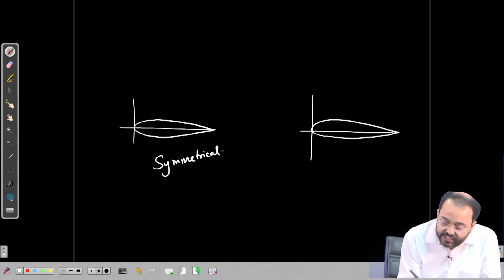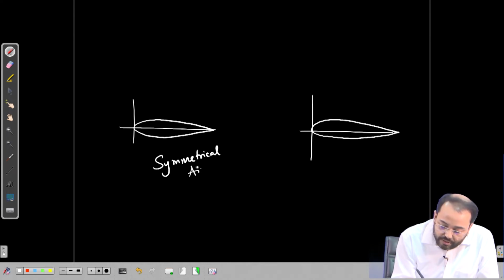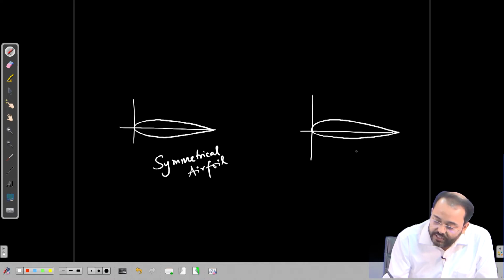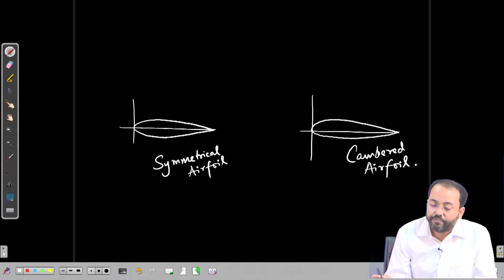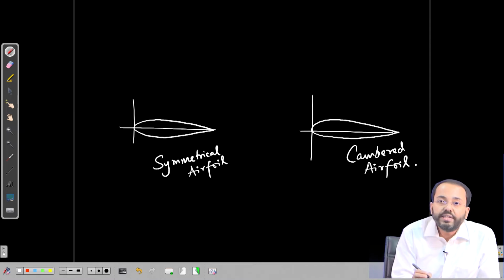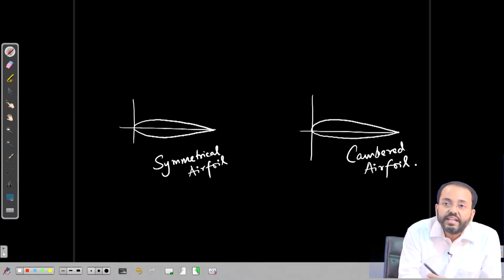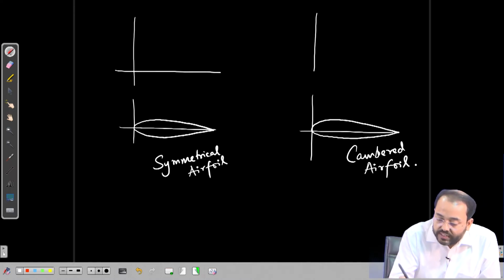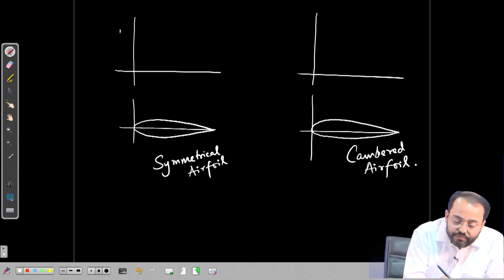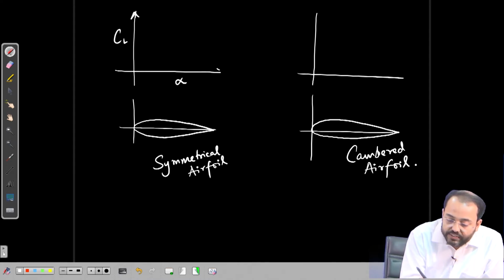This is a symmetrical airfoil and this is a cambered airfoil. What will be their lift characteristics based on the angle of attack? If we draw the lift coefficient curve CL as a function of alpha for each of them,